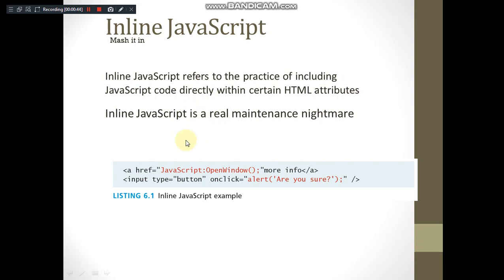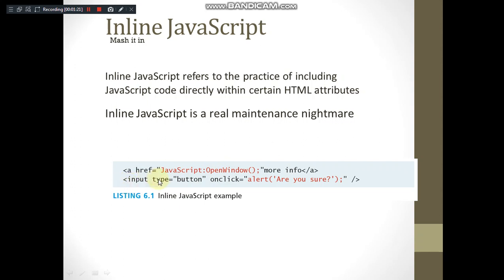You can just observe here. This is the part of the code where JavaScript is included as a part of an HTML document in inline form. You can just observe here we have an anchor tag which is linking to a particular function, which is a function written in JavaScript. This is the linking information. So the link will carry you to the function openWindow of JavaScript. The code of this is written here.